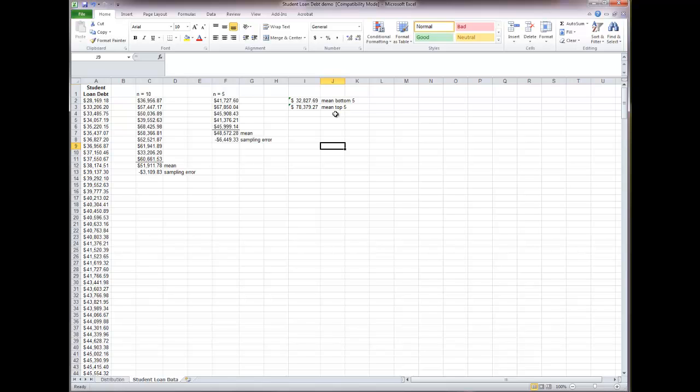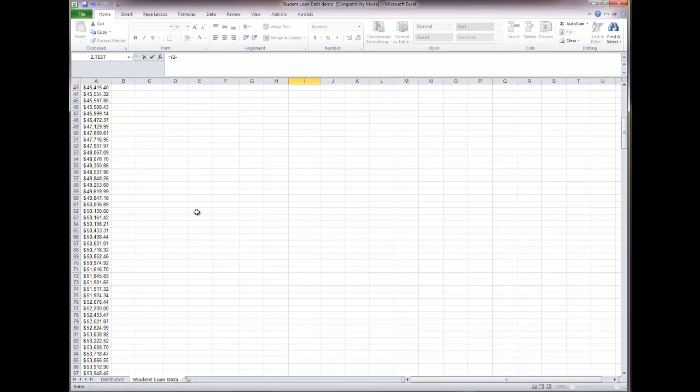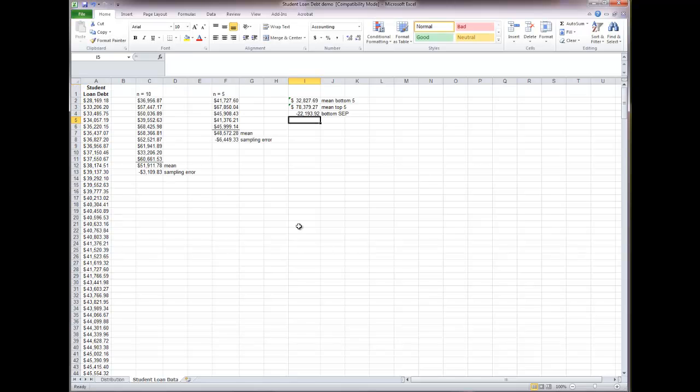And really quickly, I just want to point out that this represents the lowest possible sample mean that you can get from a sample of 5 from this population. This represents the largest possible sample mean that you could get with a sample size of 5 from this population. So now let's find the bottom SEP, sampling error potential. So now we're going to find the difference between this really lowest possible sample mean compared to the population mean. So equals the sample mean minus, go down here, the population mean, click on it, hit enter,